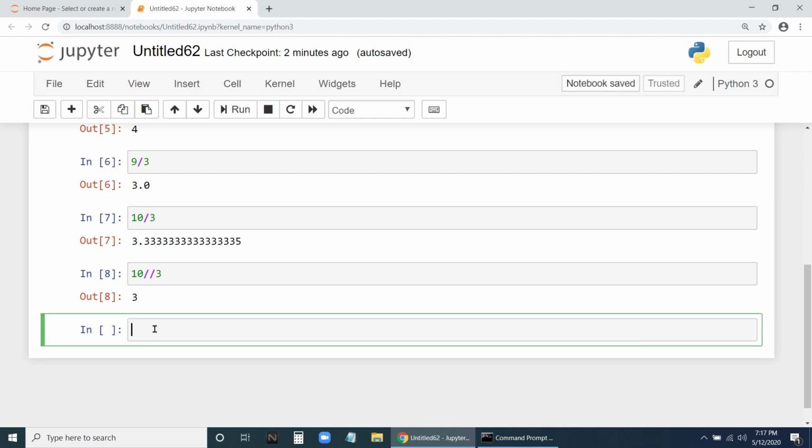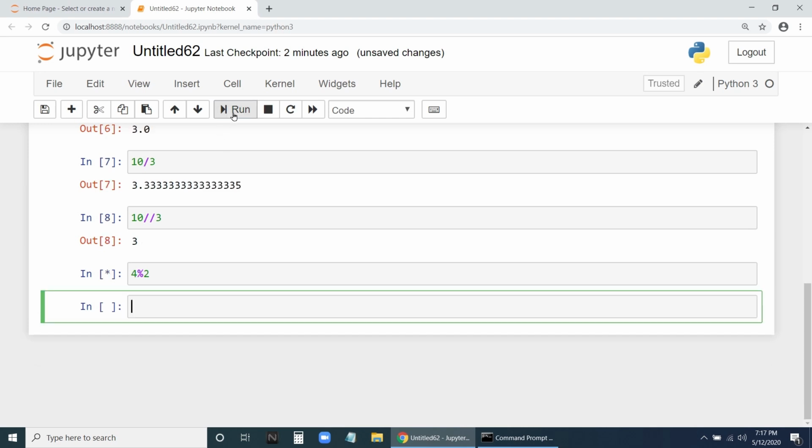Similarly, let us say 4 mod 2. Mod is the percentage sign. What do we mean by mod? It gives the remainder after division. When you divide 4 by 2, 2 2s are 4, so the remainder will be 0.